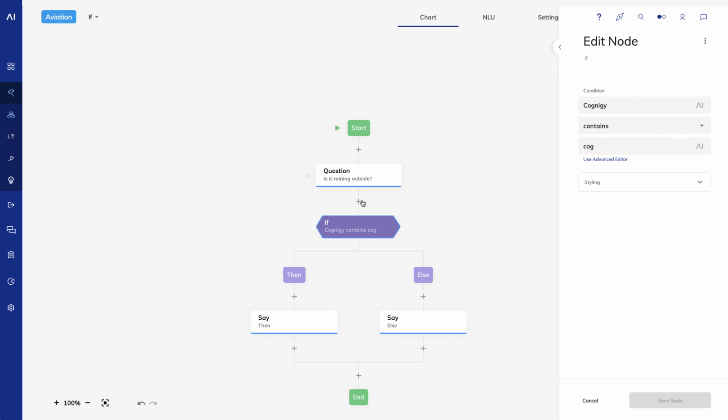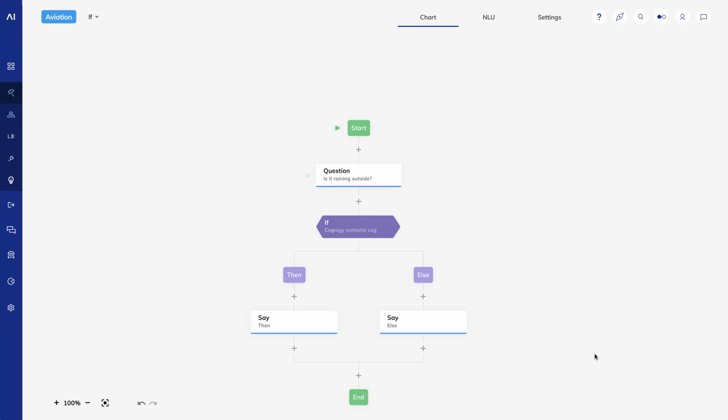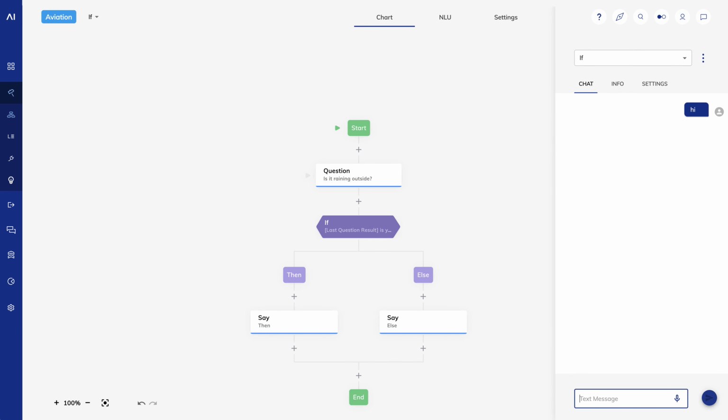In my if condition, I want to test if the user answered yes or no. I'll choose the last question result token, and I'll choose is yes from the drop-down list. I'll give it a try. If I say yes, I go down the then branch. If I say no, I go down the else branch.